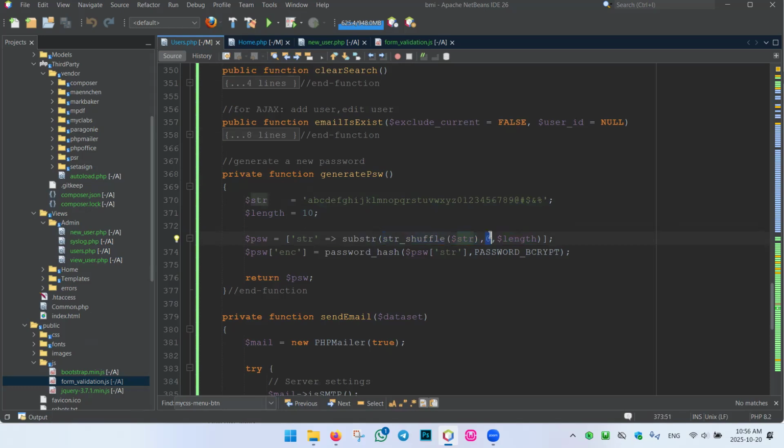This one is the first index you need to start from, and then the length, right? Note that the string is considered as a character array, right? So the first character means the zero index. So if you need to take from the first character, you need to specify zero. Let's say you need to start from the 10th character, which means your index should be 11, right? And then the length, how many characters? 10, like that, right? Note that I also define these things as variables,